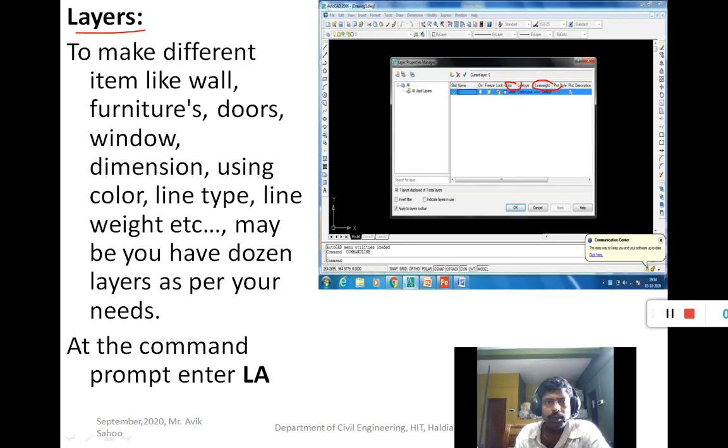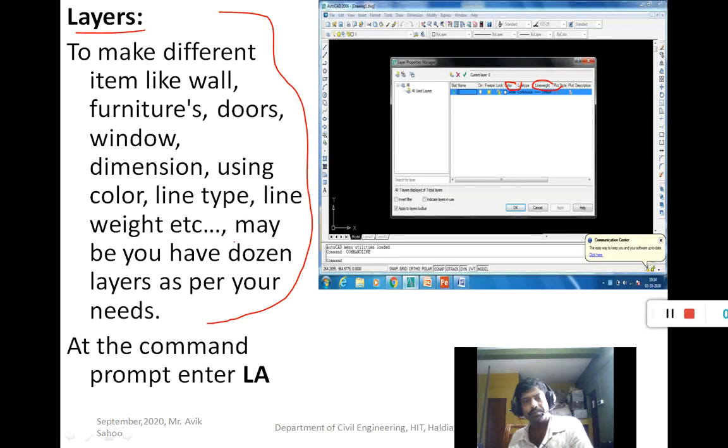You can make different layers, because in a drawing layers are very important to make it colorful as well as to distinguish the objects.